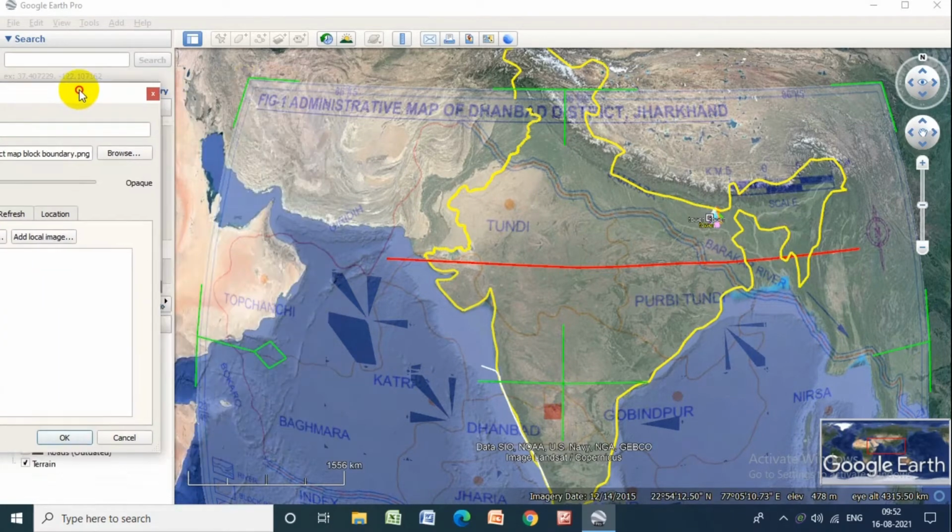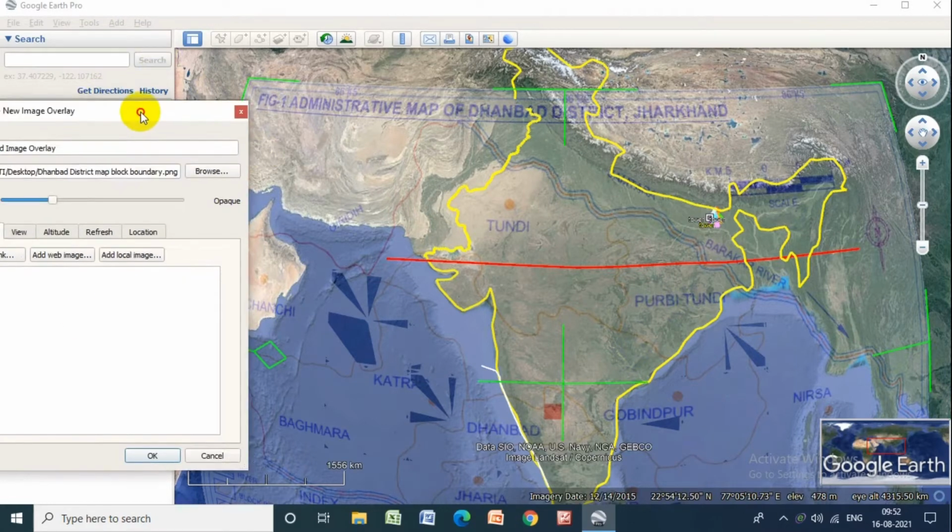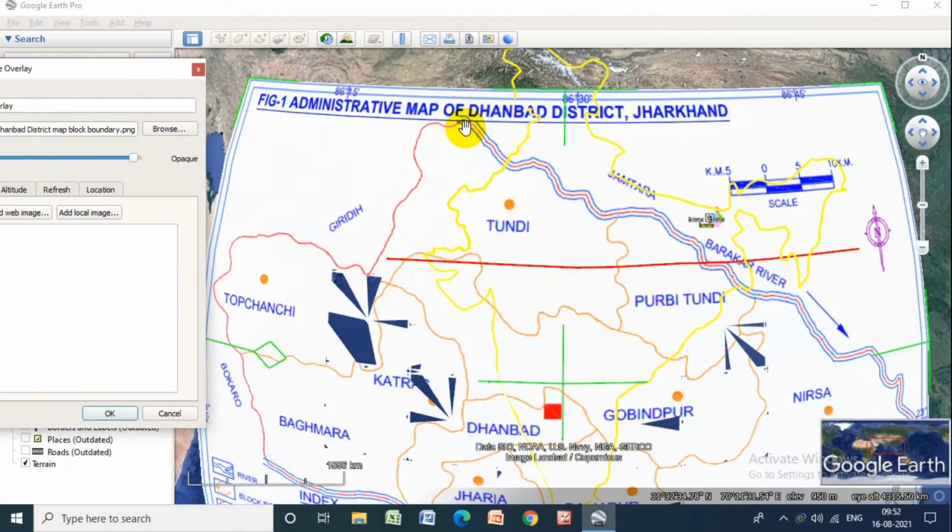We have some controlling or driving points here. We can use these points to stretch the map or adjust the map. So we have to adjust this map using features.